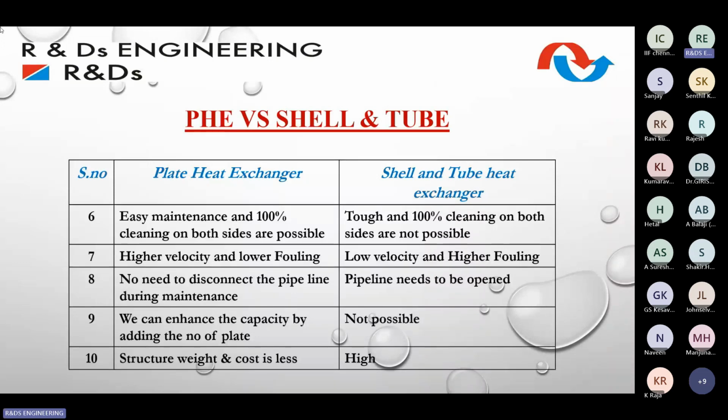This is another problem. Another major advantage of the plate heat exchanger: suppose in future you want to increase the capacity of your equipment, or in case of any shortfall in performance, it can be eliminated by adding the number of plates. You can enhance the plate heat exchanger capacity by adding plates. Whereas in the shell and tube heat exchanger, it is not at all possible. Once installed, it is installed. There is no way of increasing the area. You have to put one more heat exchanger. That is the only option left with the shell and tube heat exchanger. So this is the major advantage of the plate heat exchanger when you're going with any heat transfer.